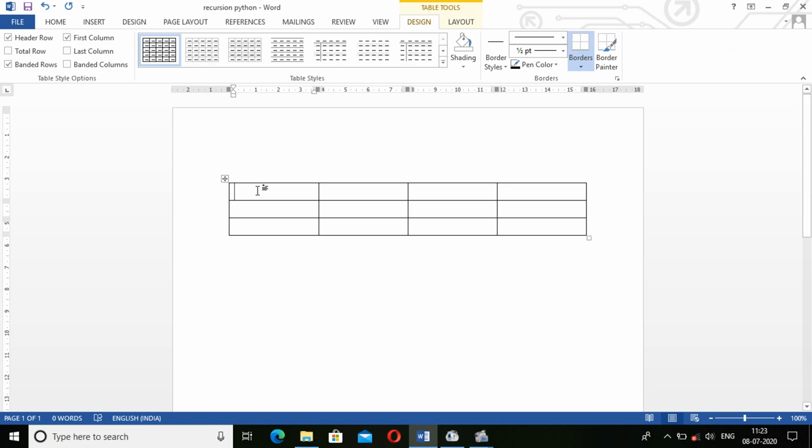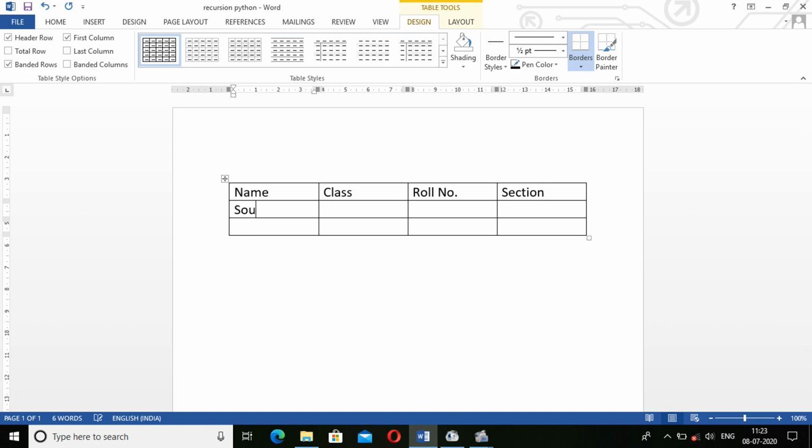To write, we have to put the mouse pointer inside the cell. We just click on it, and the pointer comes here. We write Name, then Class, then Roll Number, and then Section.